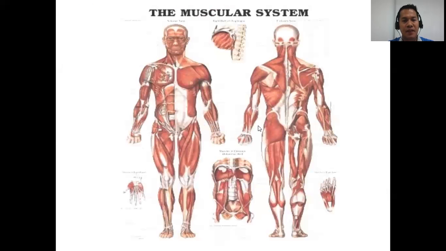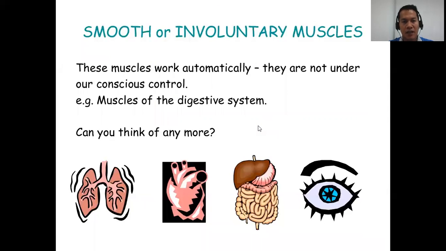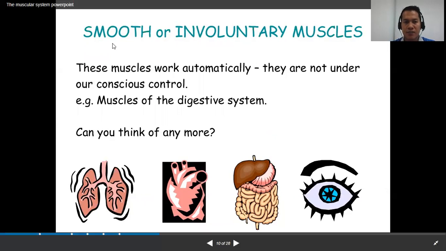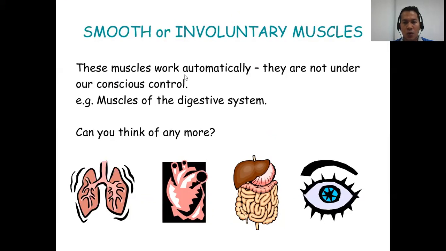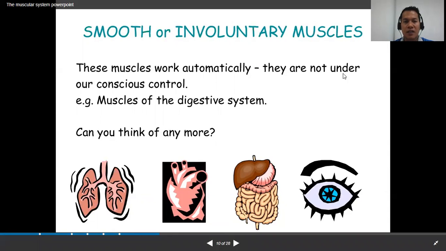All right. Another picture of the muscle. Smooth muscle. Let's talk about the smooth muscle, or sometimes they call it involuntary muscle. What's the difference between voluntary and involuntary? Involuntary muscles work automatically. They're all programmed. They are all not under our conscious control. For example,